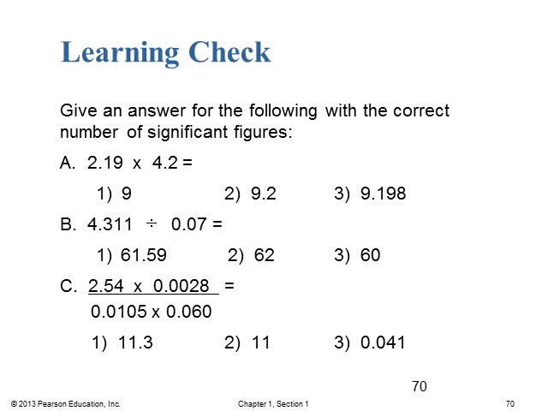And so that would round it up to 9.2, which is choice 2. All right, similarly with division, we have 4.311, and that is being divided by 0.07. And so our answer would be 61 and a lot of decimal places: 5, 8, 5, 7, 1, 4, 3, and so on and so forth. Okay, and so here we have 4.311, and that is 4 significant figures. And then we have 0.07, and so that only has 1 significant figure.